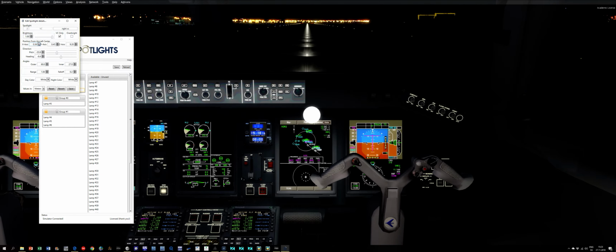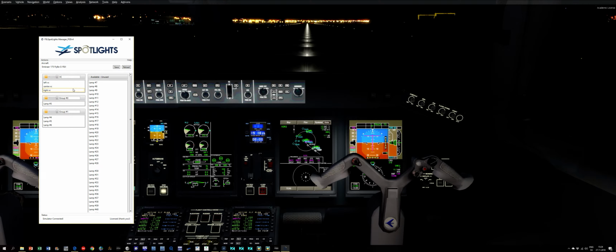And if you want it exactly between the PFD and the ND, then there we have it. Okay, good. Let's save that, and let's do the center one. Center one, copy from left VC. So then you have the same heading, pitch,